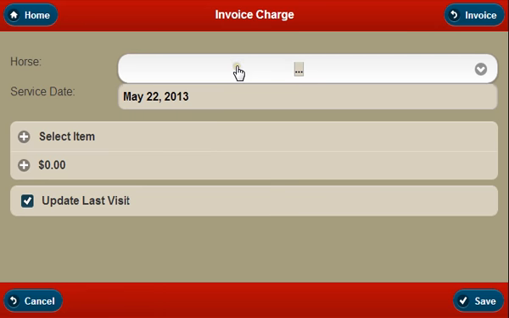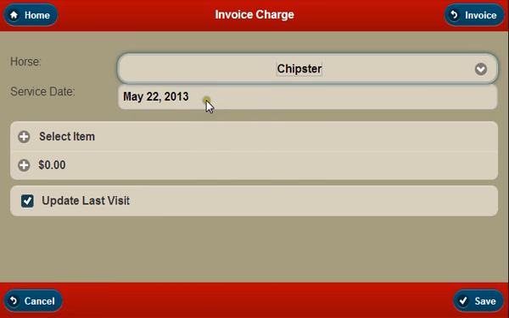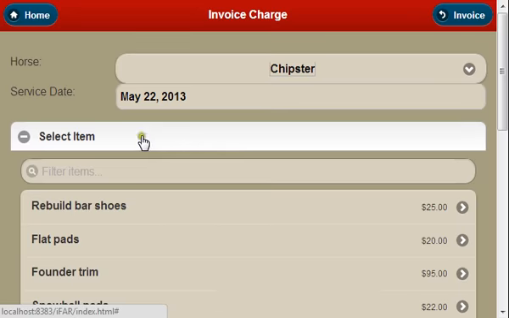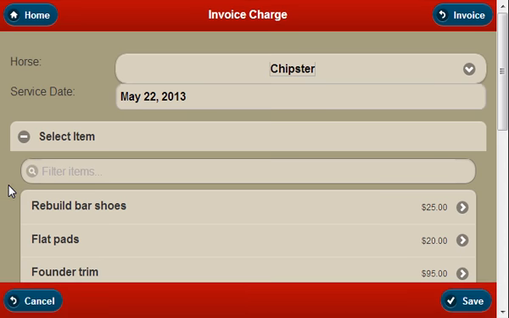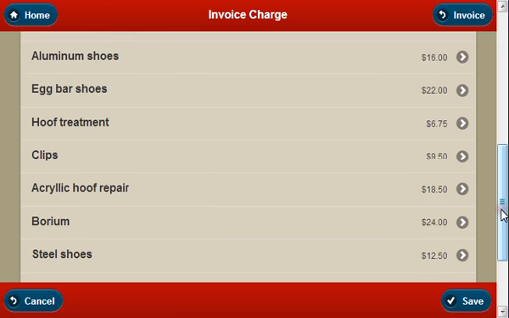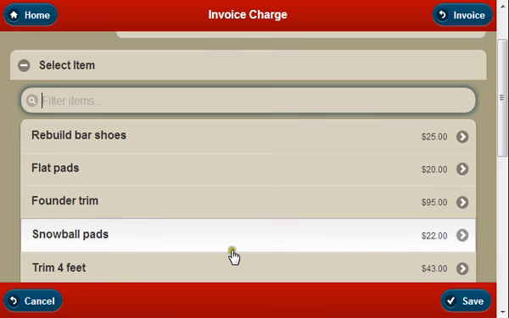We'll begin by selecting the horse, and if necessary we can tap in the service date and change the date there as well. Let's open the Select Item panel, and this will display a list of all your products and services from the iForge Ahead system. To find an item, you can click in the filter bar and type the first character or two of the item you're looking for, or you can scroll through to find the item you want. Select an item by clicking on it in the list,